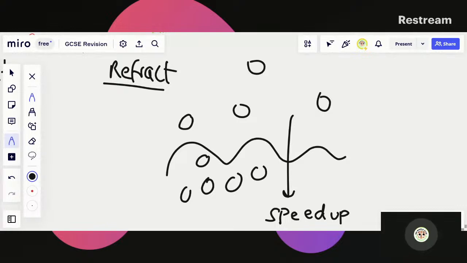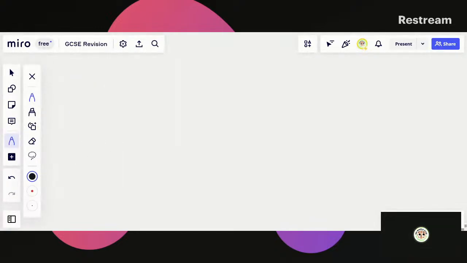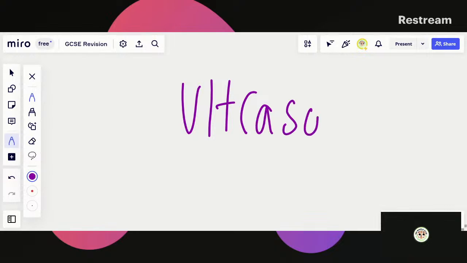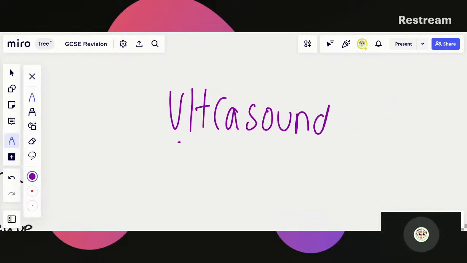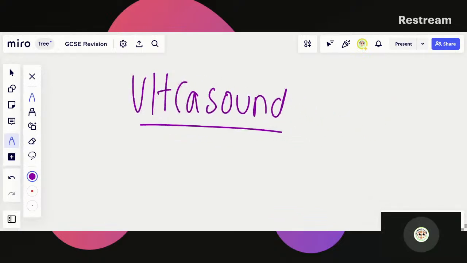Okay, so that is it for those sound waves. Now let's talk about ultrasound. So with ultrasound waves, it's the same thing as a sound wave, but the frequency is much